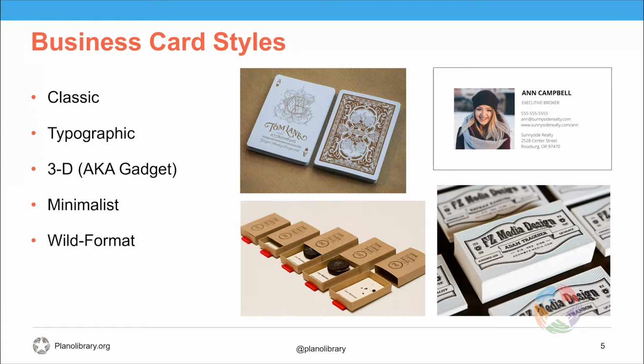It's all about your desired meaning. Now, minimalist can be very different from classic in the sense that it can actually use elements of the other styles. So it can have a typographic element, but still be minimalist. An example of that would be taking Anne Campbell in this example and using a fancier font. You can still have very simple elements on your card, but make it more exciting with font, with colors,